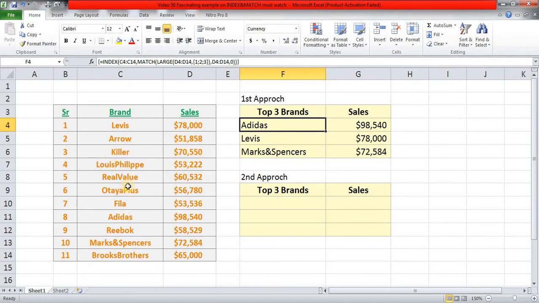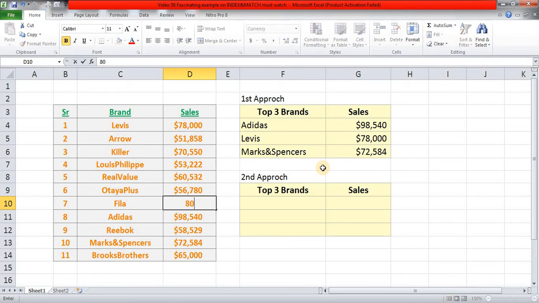And the best part about this particular approach is, suppose this Fila sales, assume that this sales database is a cumulative one, and after a week you found that Fila sales has gone up, say to 80,000. Here it is.